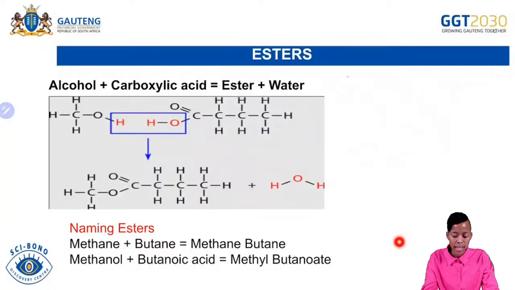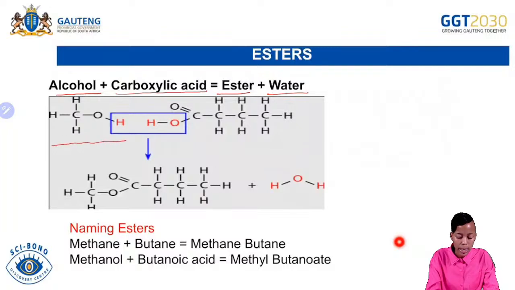Then we have esters. Esters are a combination of what? A combination of alcohol plus the carboxylic acid. And they are going to give us what? They are going to give us an ester plus water. So as an example here,